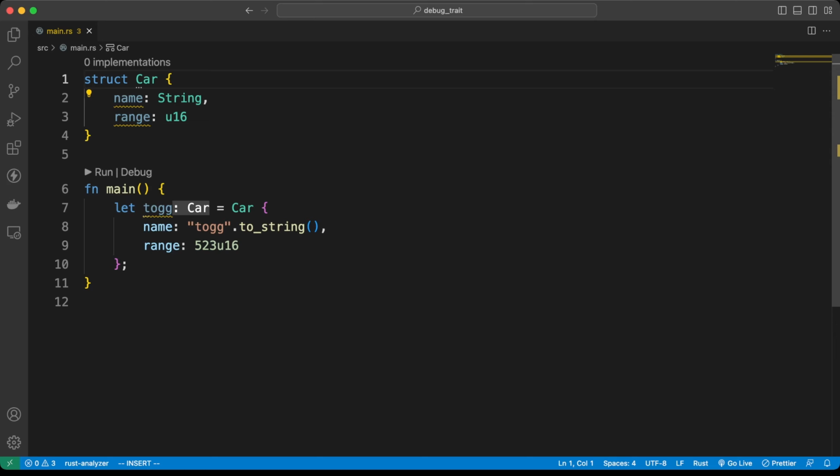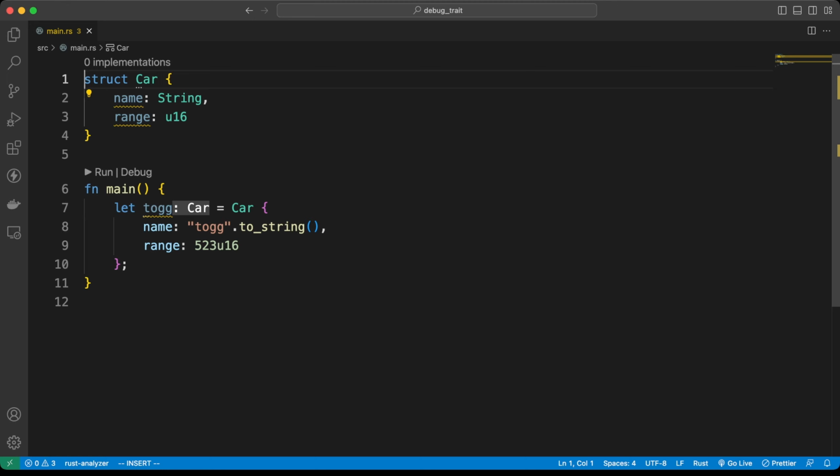In our last lesson, we made a small introduction to derivable traits. In this lesson, we will examine the Debug trait in more detail. The Debug trait is typically used to print a value for debugging purposes. This trait, when used in macro calls such as println or dbg, serves to display the value in a readable format